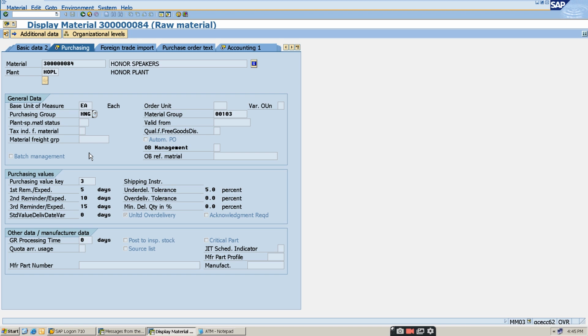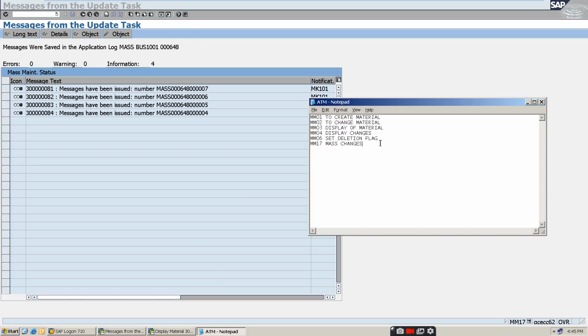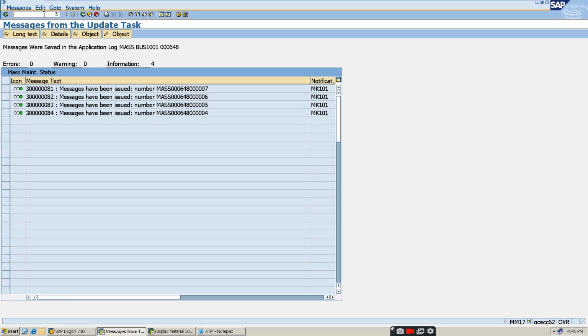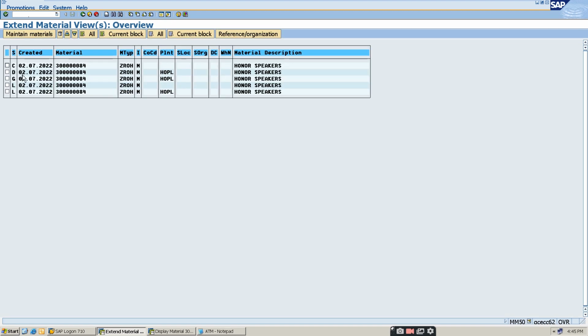Okay, mass changes done. Now I'm going to extend the views. To extend the views, the T code is MM50. MM50 is to extend views. Extend views, slash MM50. So here by entering the material number 84, and I'll do this, and I'll check